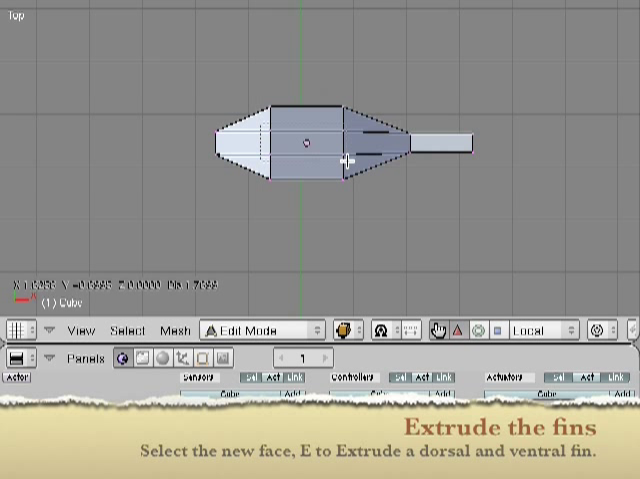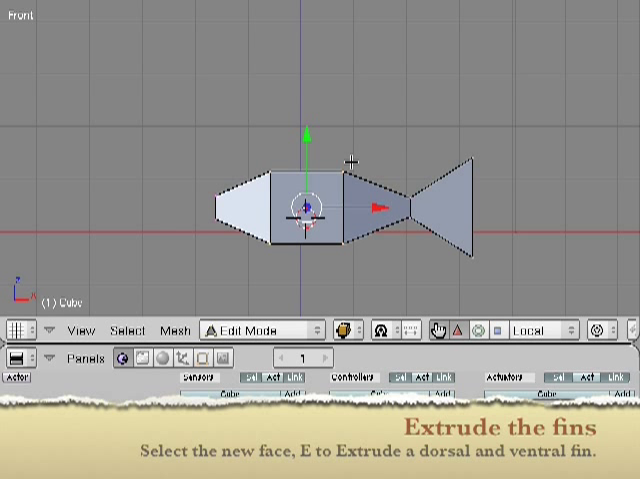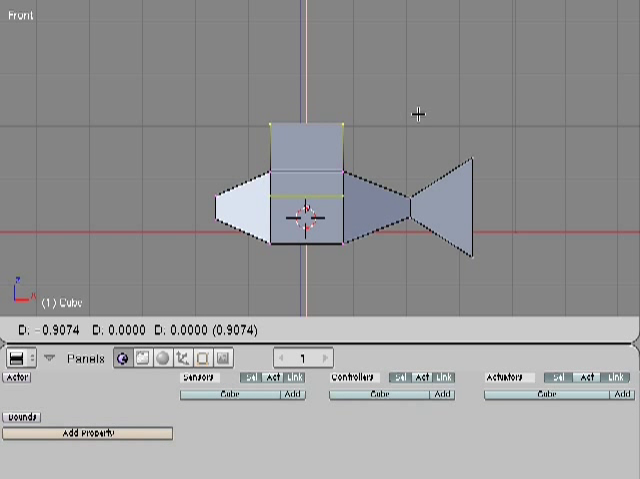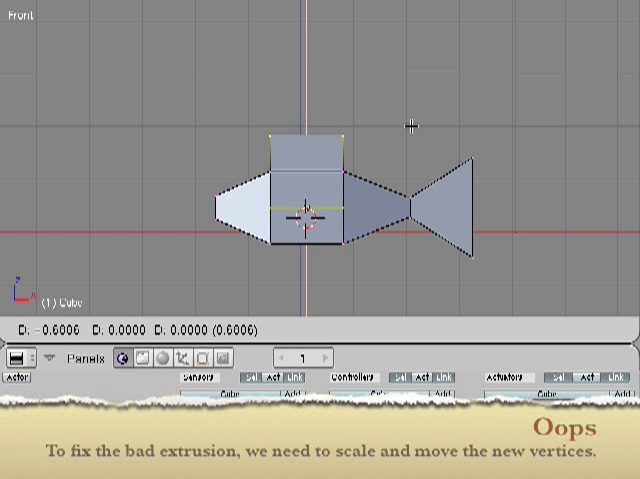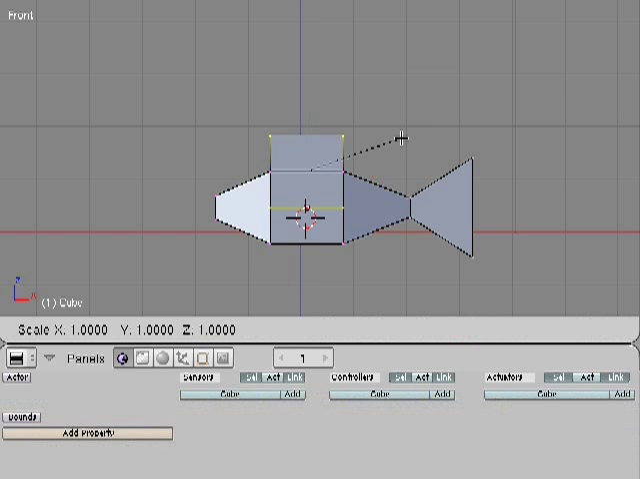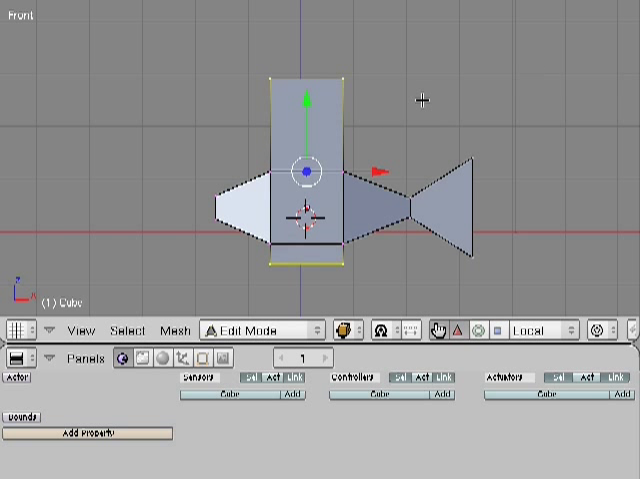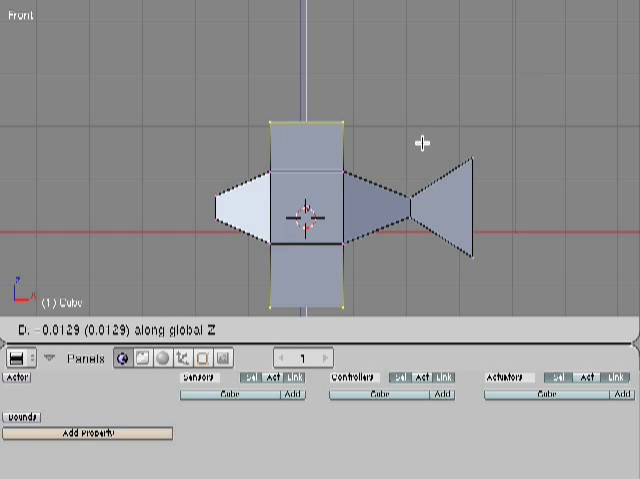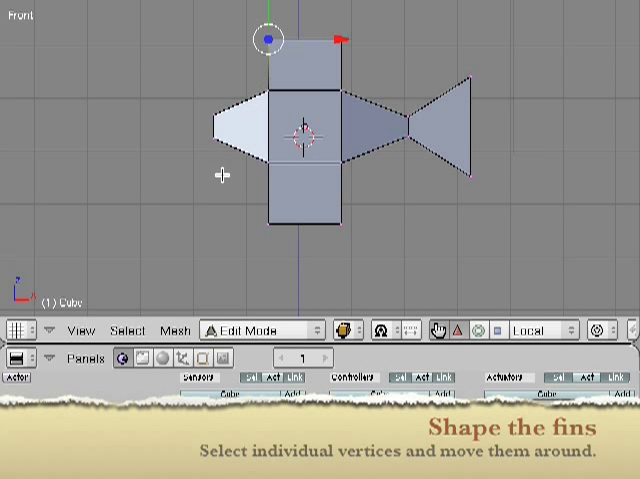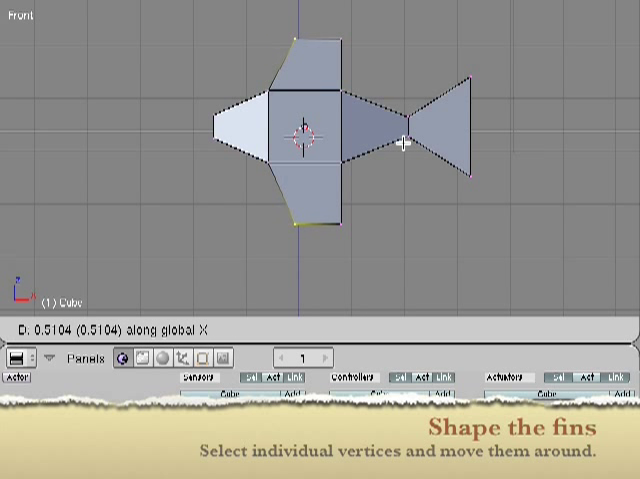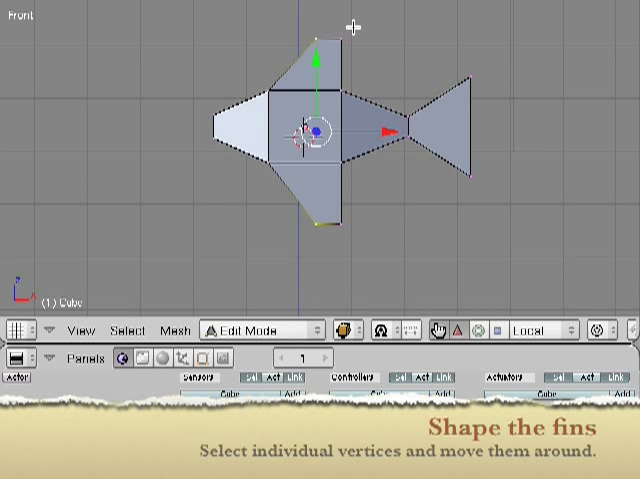B to get a band select, function 1 to go to the front view, E to extrude. So here I'm extruding both the top and the bottom because I selected both sides. So after I complete my extrude, I can just click somewhere, and then I can hit S, Z to scale on the Z axis and get them back, and G, Z to grab on the Z axis. B to select, B to select, and then I can just grab on the X axis with G, X, and make them more fin-like. A to select nothing, B to select,